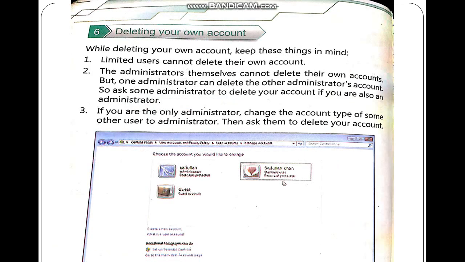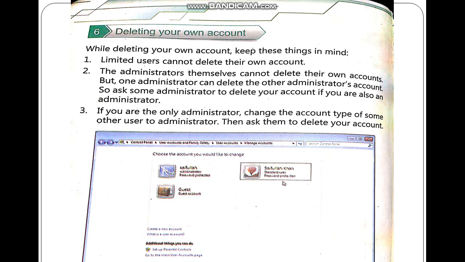Now we will discuss the process of deleting your own account. Number one, a limited user cannot delete their own account. Number two, the administrator themselves cannot delete their own account. They will request another administrator to delete their account. In this way, the administrator's account will be deleted.